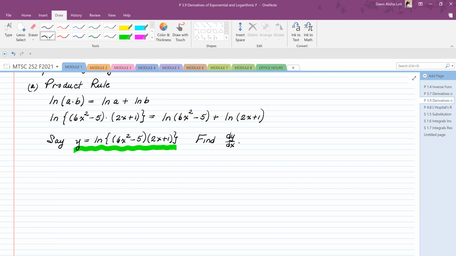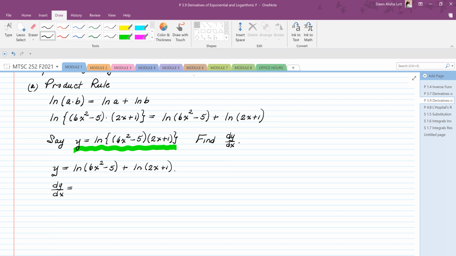Okay, so before we take the derivative, we're going to simplify it. So we're going to write y is the natural log of 6x squared minus 5 plus the natural log of 2x plus 1. So now it's easy to differentiate as opposed to when it was a product. So now dy dx,